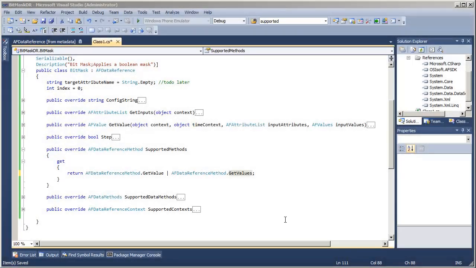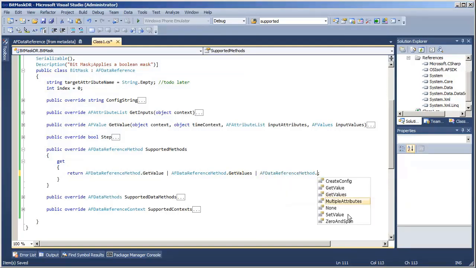If you're writing an AF data reference that makes calls to a foreign system, there's one more of these supported methods which may be of use to you. It shows up in the enumeration as multiple attributes. And pretty much it's designed to handle the case similar to when someone asks for the value of 1,000 PyTags at one time.